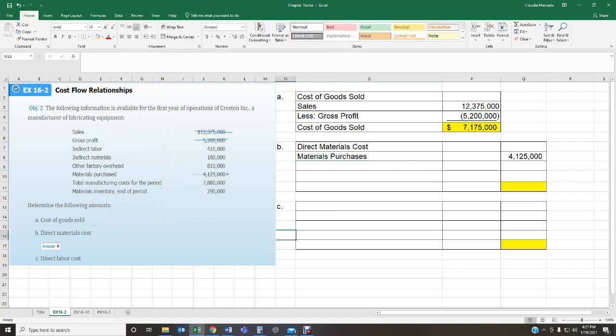Okay. Now, I know that I purchased $4,125,000 in materials, but my question number one, are all of these materials direct materials? Well, I know that we had $180,000 of indirect materials purchased in the process. So I'm going to deduct those indirect materials because I'm not interested in those materials right now. Those go under my overhead. Right now what I'm interested in is only my direct materials. So I'm going to subtract my indirect materials